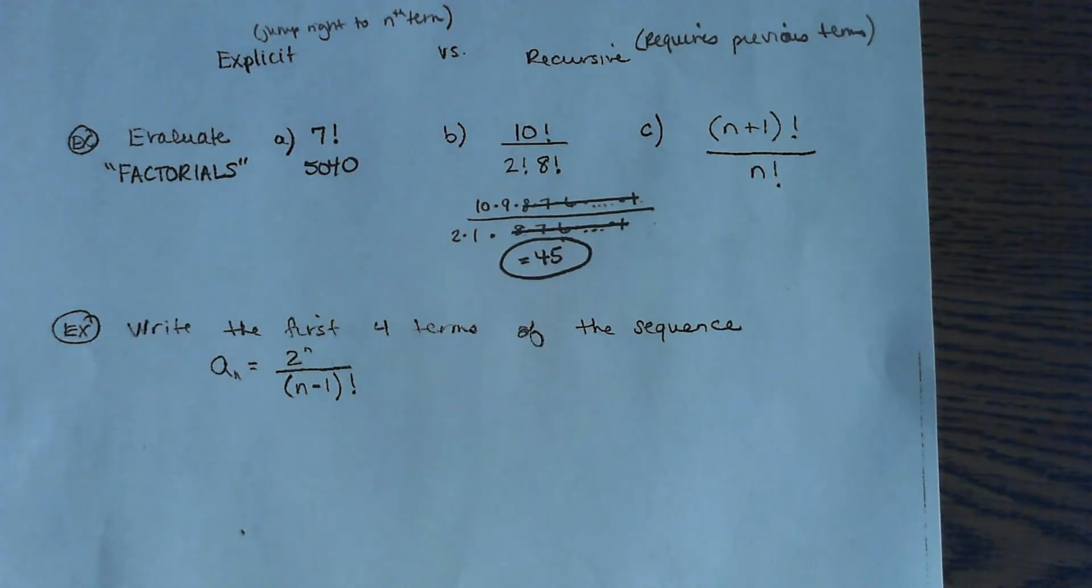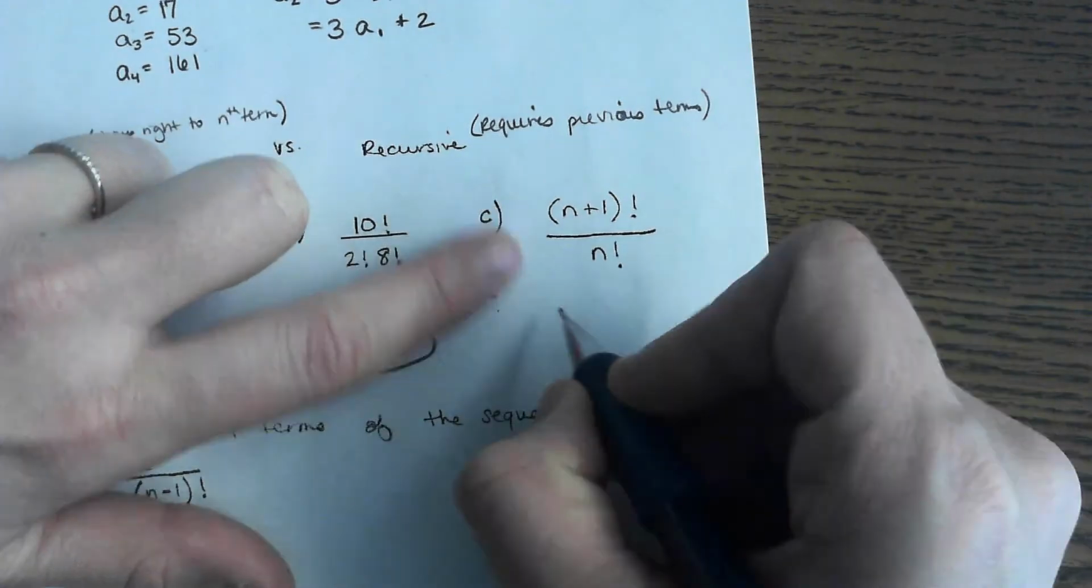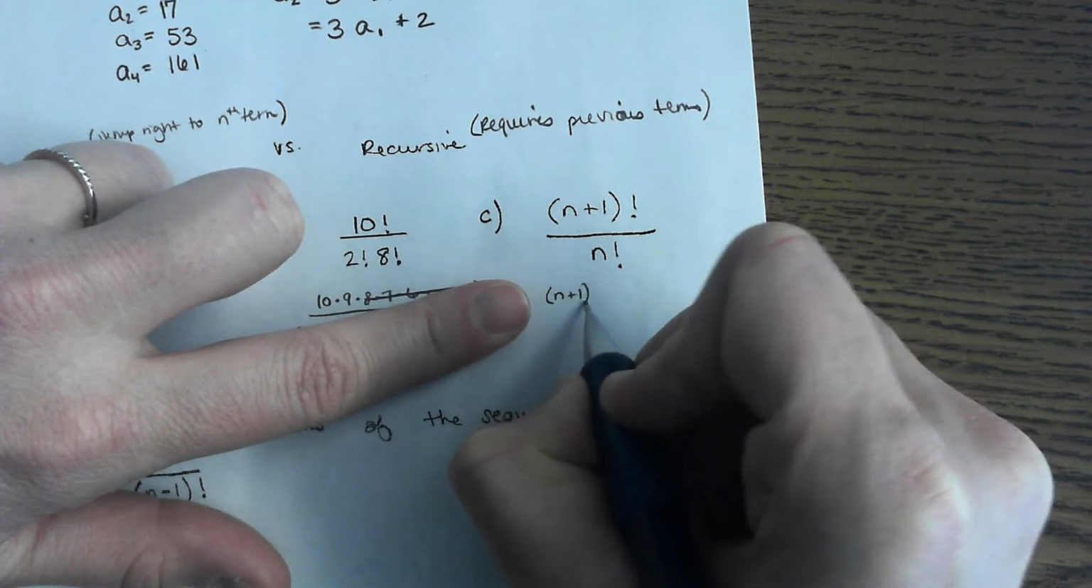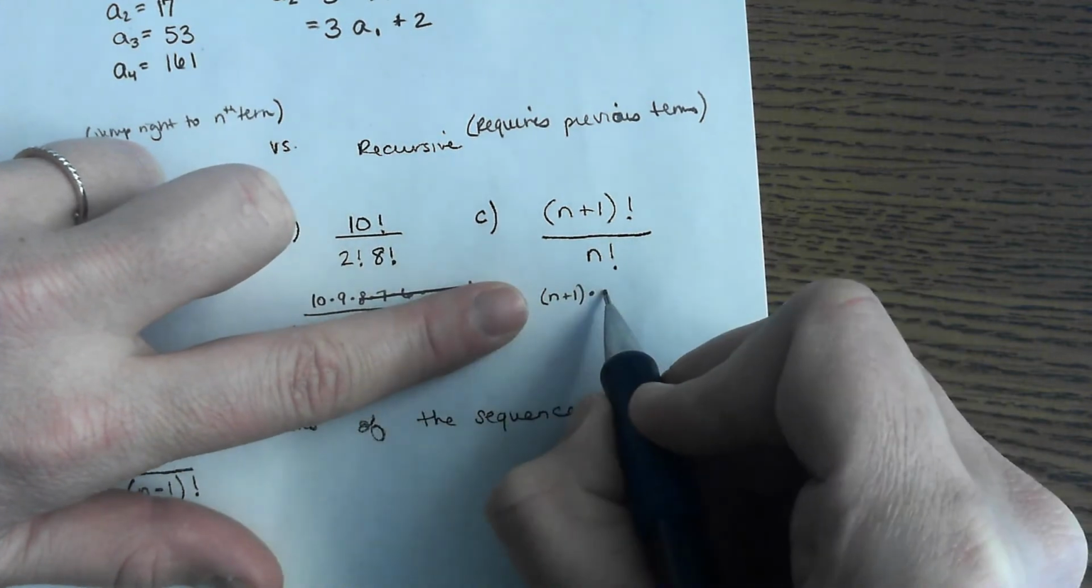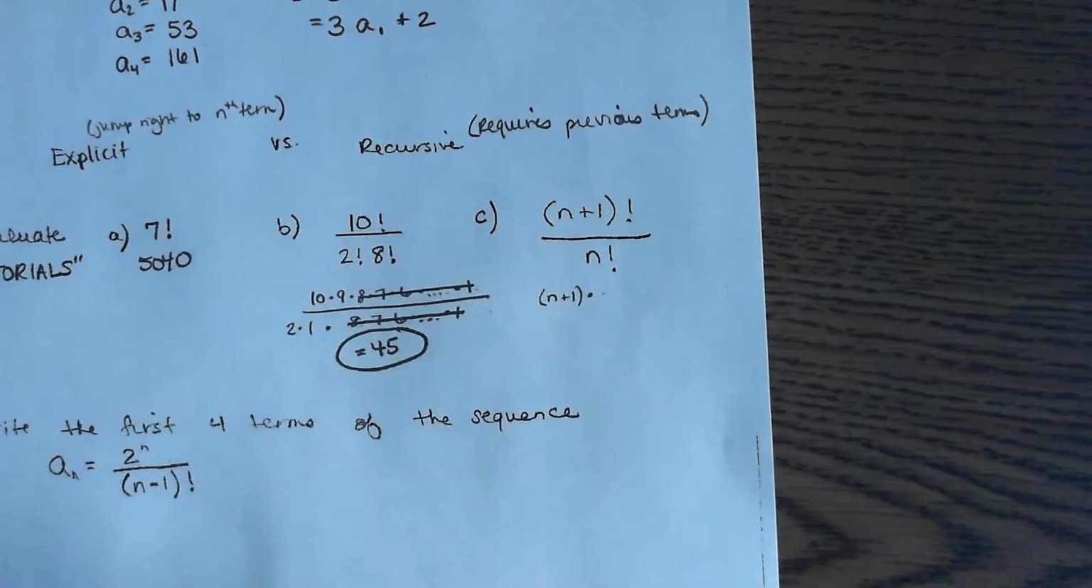Now C, maybe adding a dimension of difficulty because there's no concrete numbers here. But n plus 1 factorial means to take n plus 1 and then multiply it by what would come next? Oh,